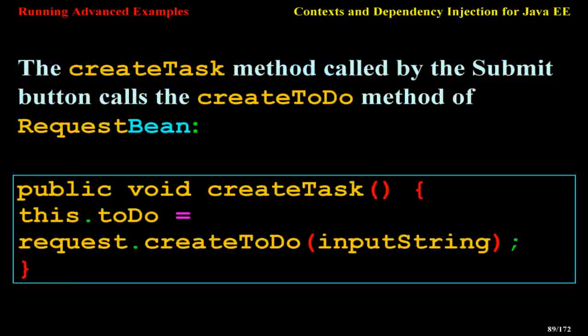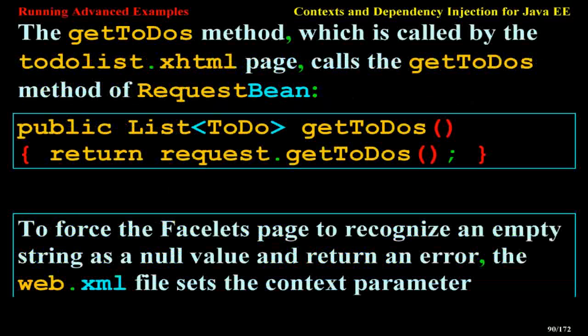public void createTask() { this.toDo = request.createToDo(inputString); } The getToDos method, which is called by the todolist.xhtml page, calls the getToDos method of RequestBean. public List<ToDo> getToDos() { return request.getToDos(); }